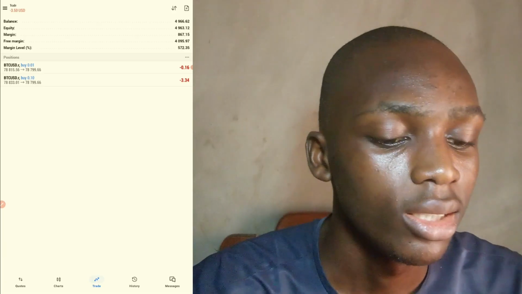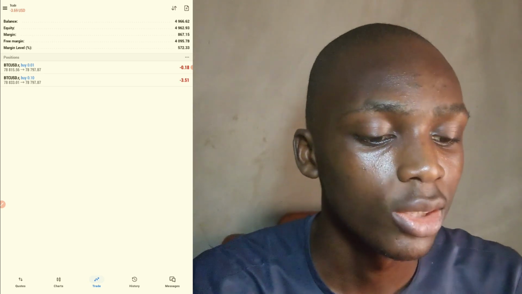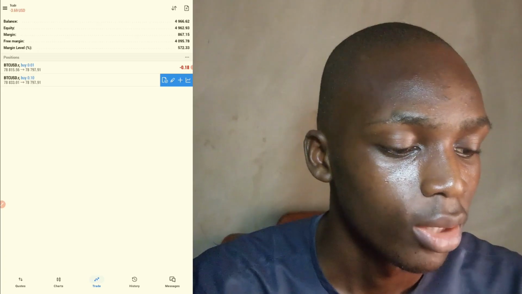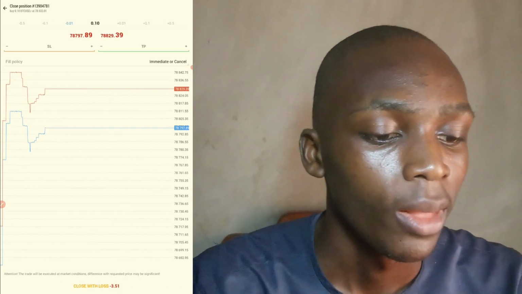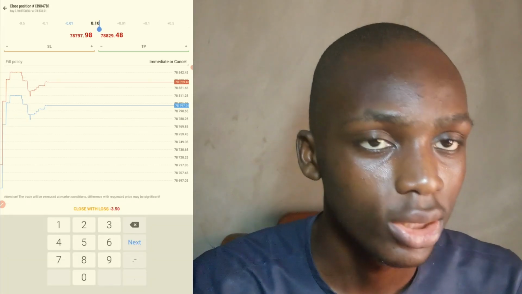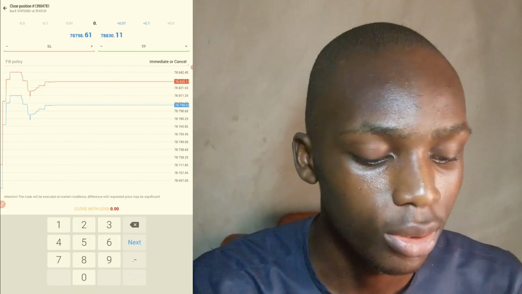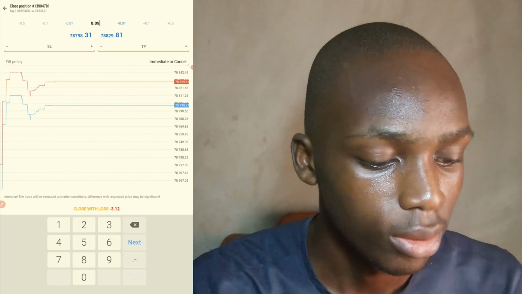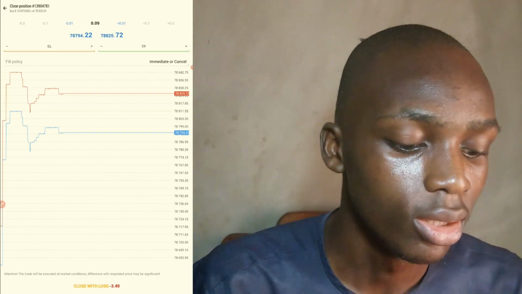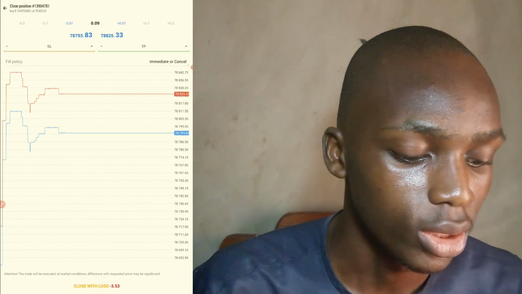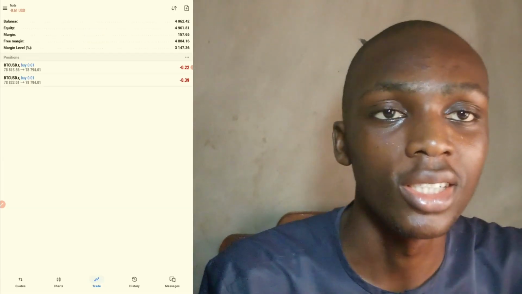You can see right here, I'm talking about this drawdown on this one now. Just swipe left to right here. You can see this thing like a note right here. Click on this note. You can come here and reduce the lot size that you have used to enter. So like this, let me use 0.009, and you will see the loss right here, close with, and you are still holding the trade